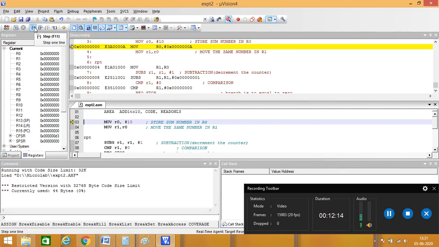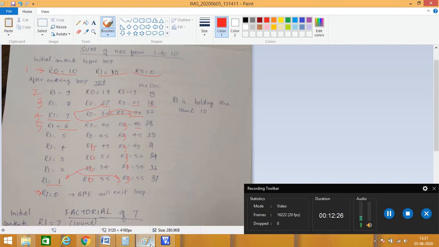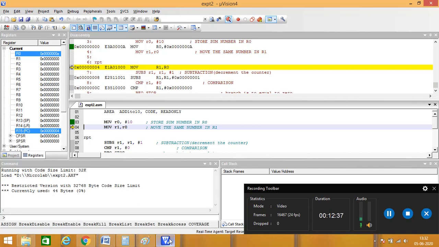Okay, so the first step, as you can see, the R0 contents will be A. R0 is 10. 10 in decimal is A in hexadecimal.